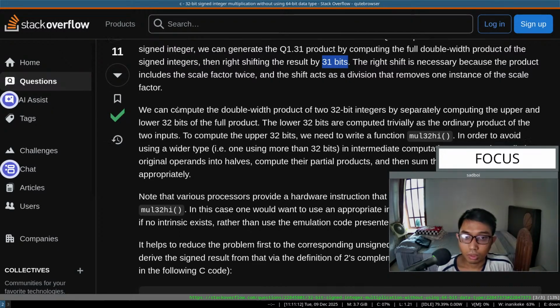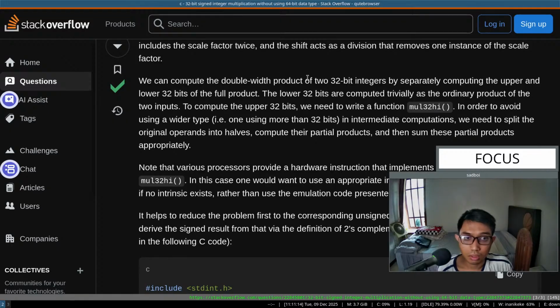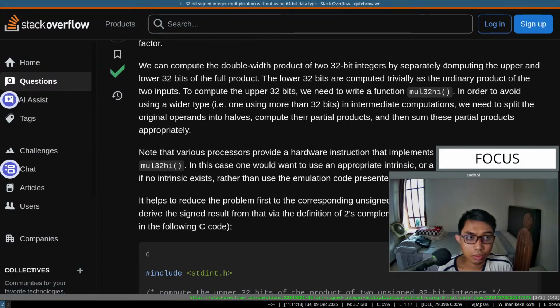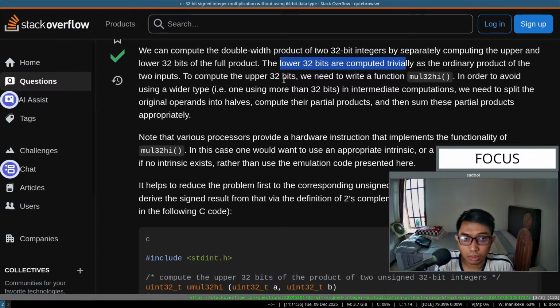Wait. This method is on 64-bit system. Might not work. We can compute the double width product by computing the upper and lower 32 bits of the full product. The lower 32 bits are computed trivially. To compute the upper